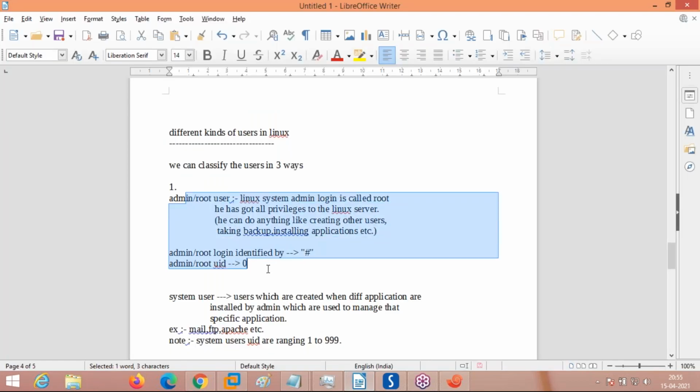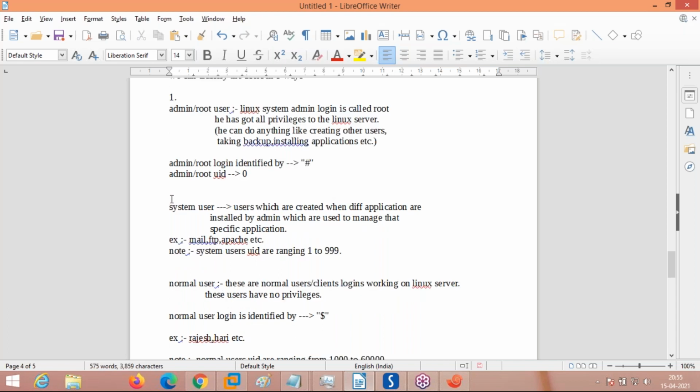First, the admin is the first user, or the root user. What is the default user ID, the UID? The user ID is what the operating system uses to identify a user. Root is just a name; to identify it, the system uses the user ID, and by default root always gets user ID 0. No other person can get user ID 0. Now we saw the first user.